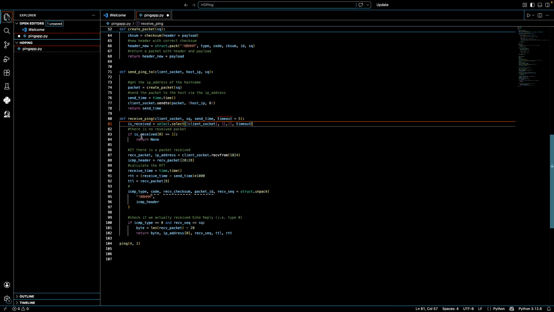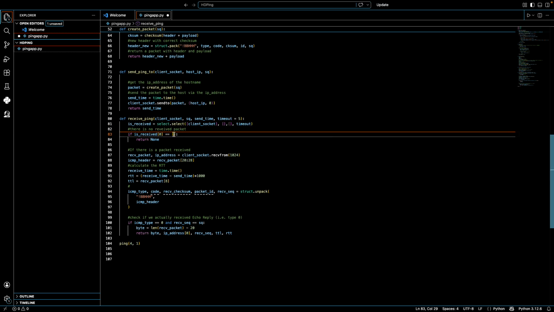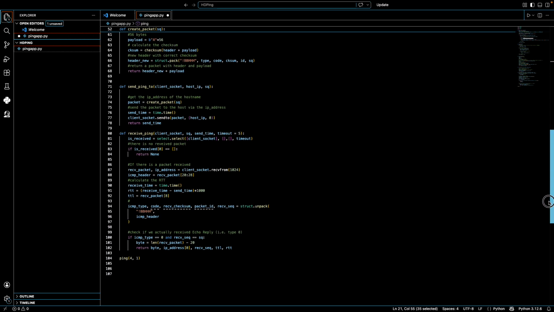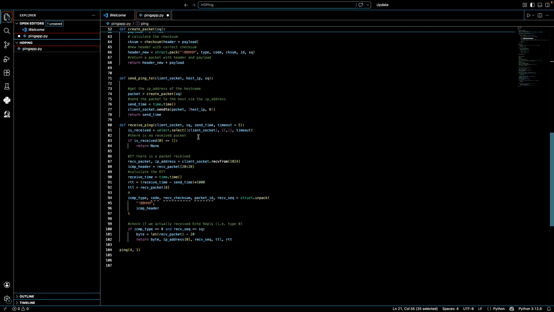If the result is None, it means that we didn't receive any packets, so we return None. Once the result is None in the ping function, we will print the request timed out. And if we receive a packet, we will extract the packet. We use the socket's recvfrom,